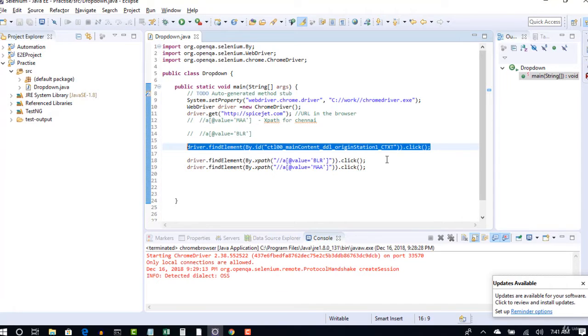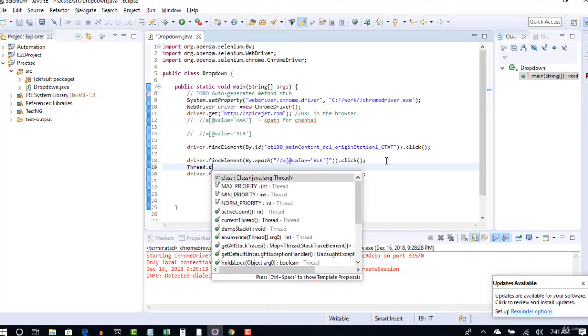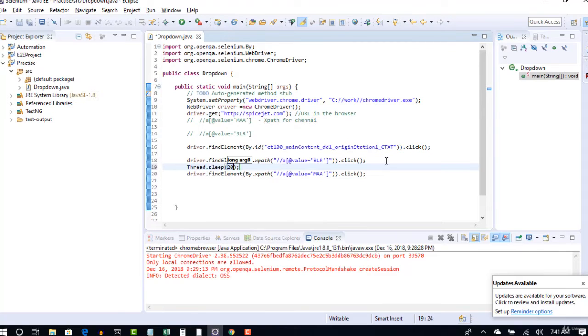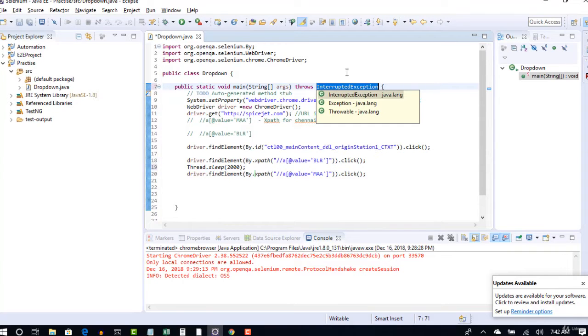Just to avoid any synchronization issues, I am putting in a sleep right now, Thread.sleep. This step is used in Java to hold or pause your test. When I give 2000, it's 2000 milliseconds, which is 2 seconds. And move your cursor on it and say add throws declaration.